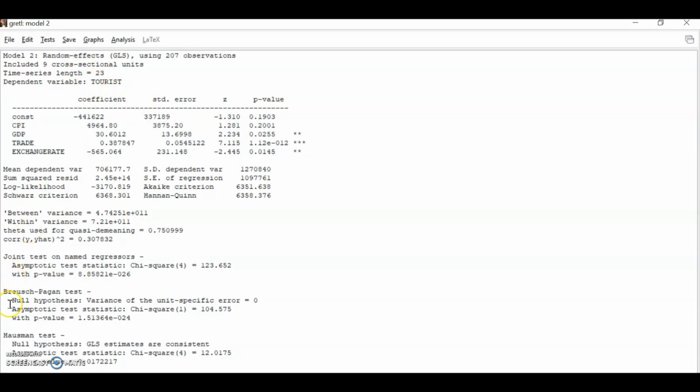Apart from the joint test, we also have the Breusch-Pagan test, which helps us determine whether to use random effects or pooled OLS. That is the purpose of the Breusch-Pagan test, where the null hypothesis states that the variance of the unit-specific error is equal to 0. In other words, when the variance of the unit-specific error is equal to 0, the differences across the cross-sectional units are not significant in